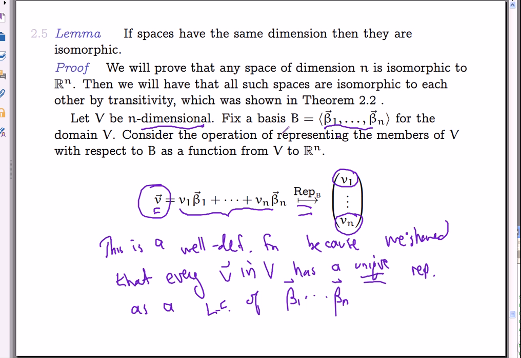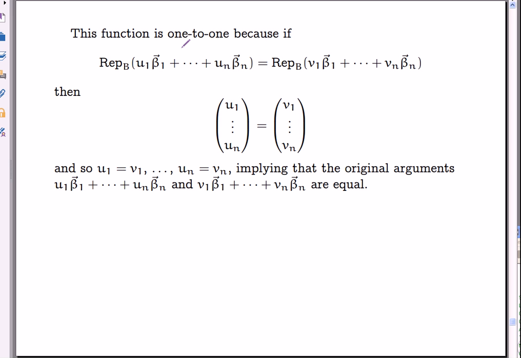Okay, all right, so let's go here. First of all, let's show that this mapping satisfies all the properties of isomorphism. So the function is one-to-one